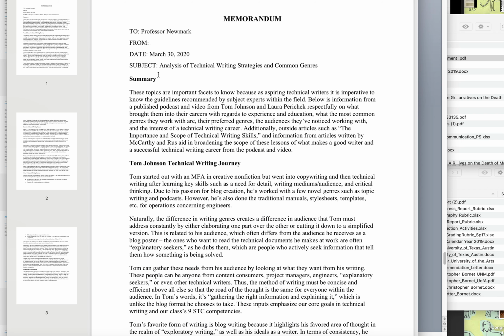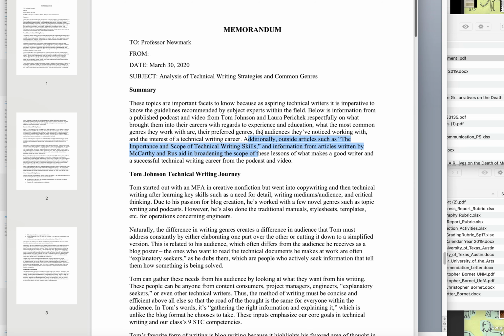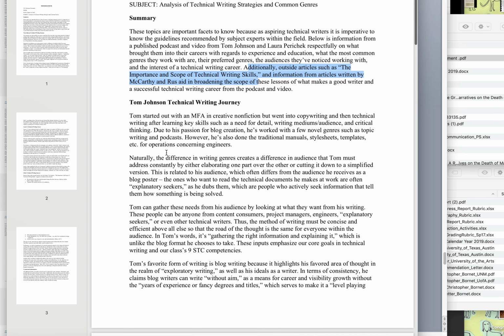Here's another one. You can see this one's tightened up just a bit as compared to the previous example. This student refers to some research right in the overview and the summary. I don't necessarily recommend invoking your secondary research that early in a memo, but this student did it and it held together very well. So we have a summary, a discussion of the first item, which is the podcast,